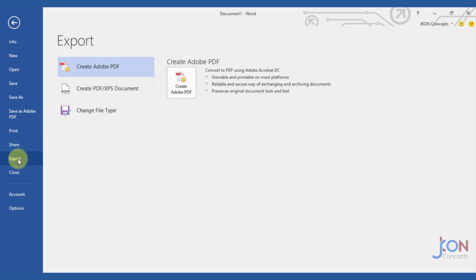We can equally export the document into any of the other various file formats like Adobe PDF, and then we can create an XPS document, which is more like Microsoft's own PDF software, and then we can change the file type here. We can equally press this to close the current document we are working on, which is Document 1, and then